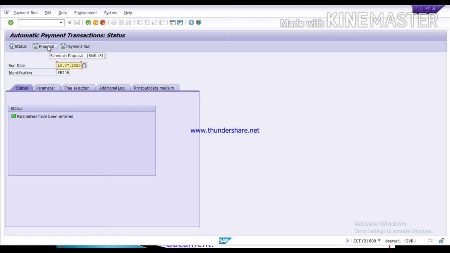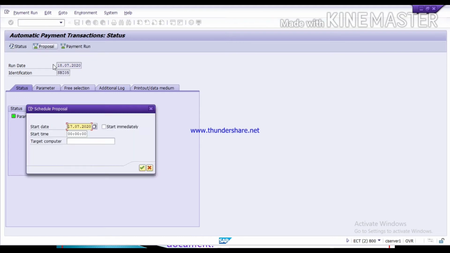Now click on this proposal, schedule proposal. Give your start date. My start date is 18th of July 2020. Then click on this start immediately. Then continue.